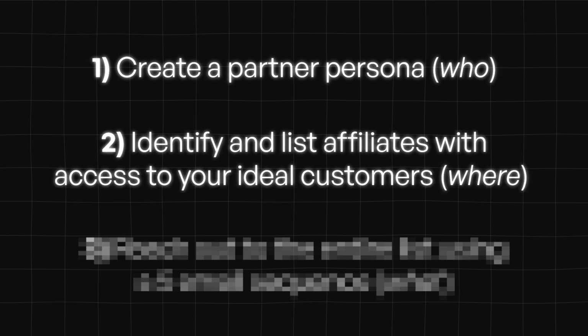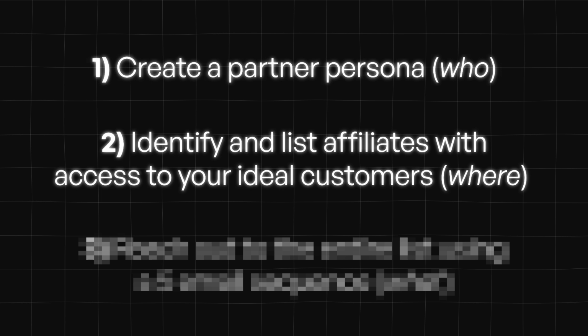Now, we've covered a lot in a short period of time in this video. I've sure learned a bunch from Dustin, and I just want to recap the steps to make it very tangible for you. So first, you'll start by creating your partner persona. This will give you clarity on who you're actually trying to target. So step 2, to find affiliates, do a Google search of keywords that you'd want to rank for and contact top ranking sites and YouTubers, asking them to send their traffic to your community. And you can also just target your existing community members, which you can easily find inside of your community.